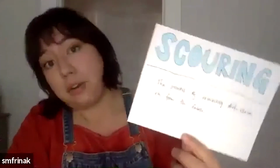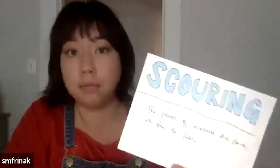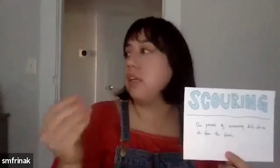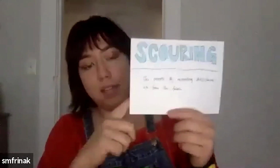The third term is scouring. Scouring is the process in which we basically clean the fiber. So we'll use a soda ash and go through a scour bath. The scouring process just removes stains, dirt, any loose or weaker dyes that might be on the fabric, anything that could be blocking the dye from adhering to the fiber. The scouring process will take care of it. So that is a term that I will use. Don't be scared of it. Another one,